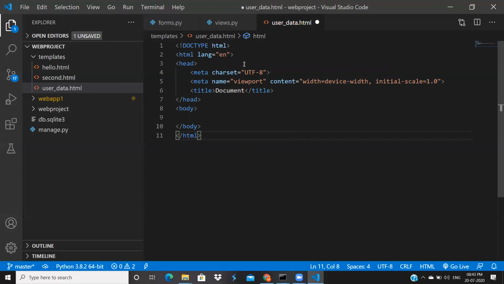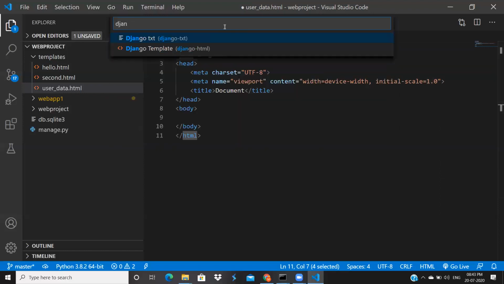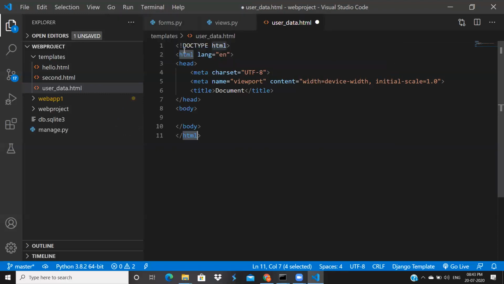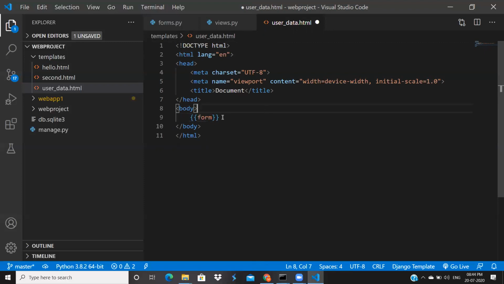This is the boilerplate code for HTML, where we get all our tags: head tag, body tag, and HTML tag. Now I'm going to change it into a Django template. Inside this body, I'll keep form as a variable like this.